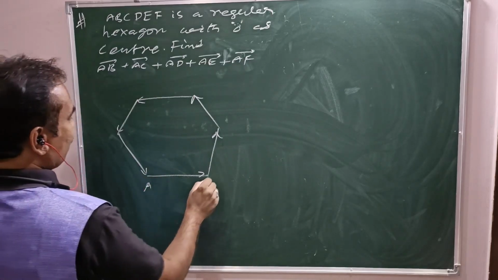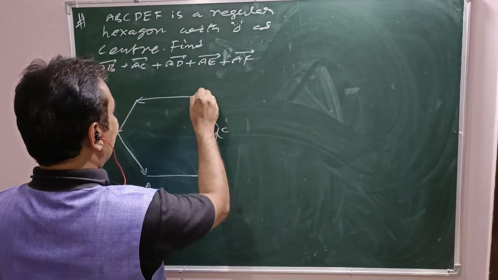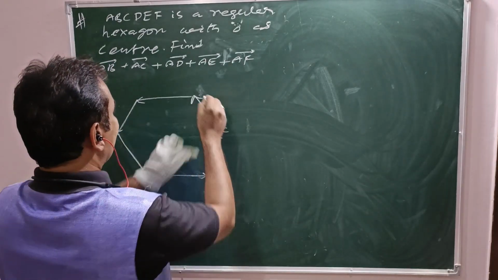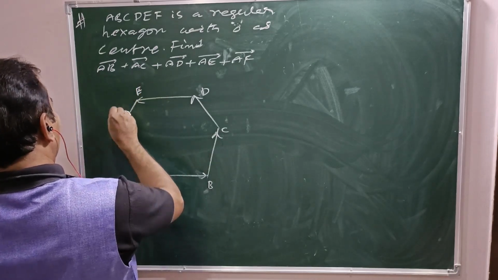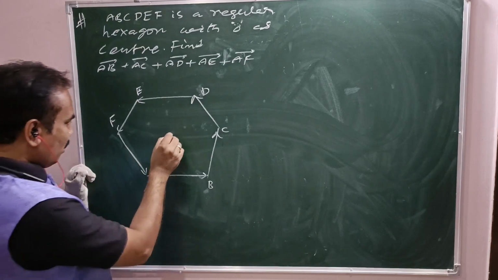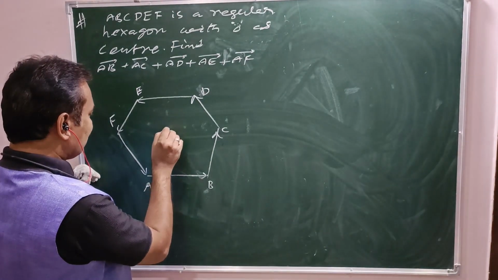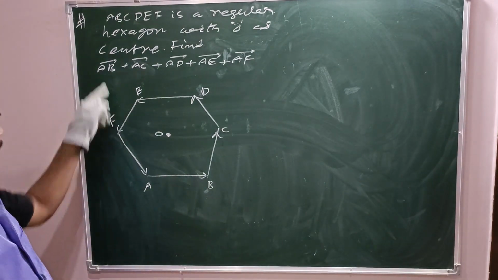So here it is A, B, C, D, E, F. So ABCDEF is a regular hexagon with O as center. Right. Now we need to find AB bar plus